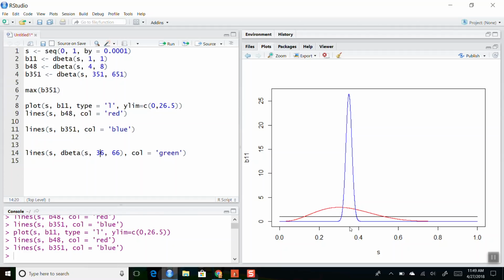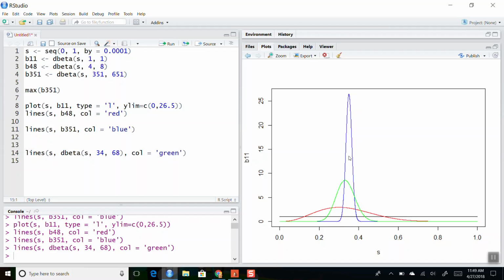We can throw in something else if I wanted to say, what if I had observed 33 green after 100? So we draw 100 M&Ms out of the bucket, and we get 33 that are green. Our beta distribution is a little bit more pointy than the red distribution, not as pointy as the blue, because after 100 observations we have more information to inform what values are possible for what's green, but not so much that we're going to completely eliminate possibilities like 0.25.